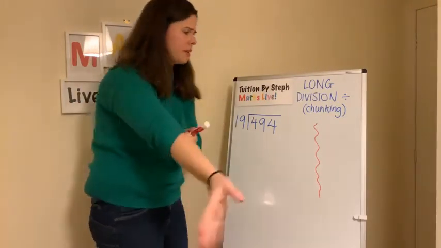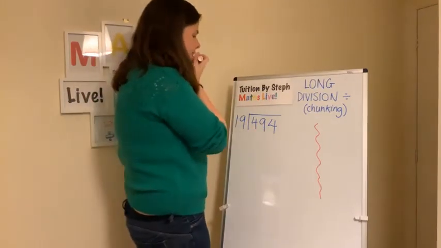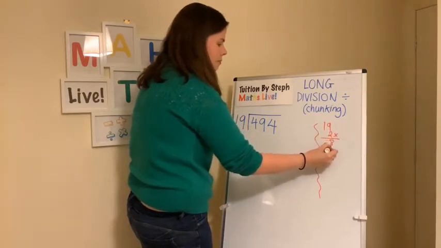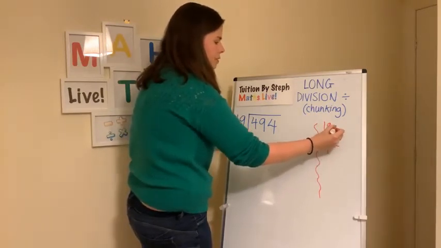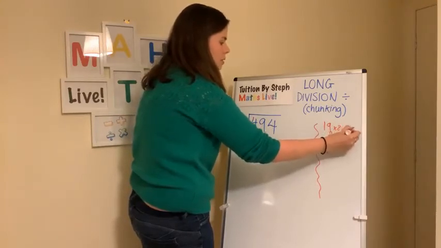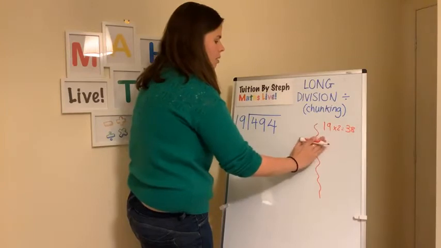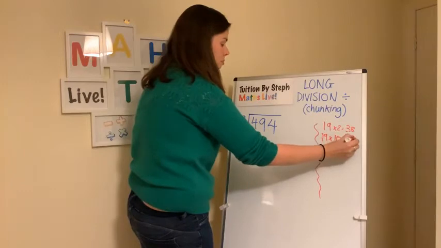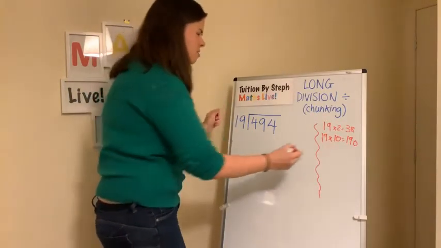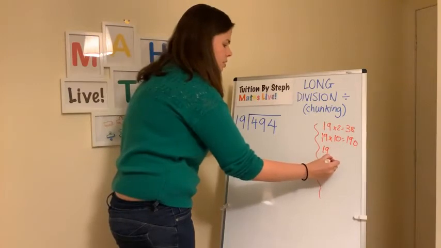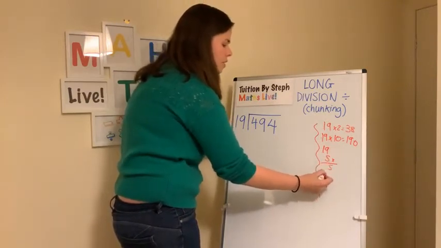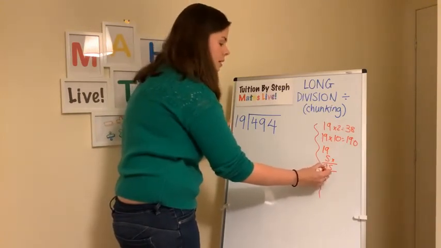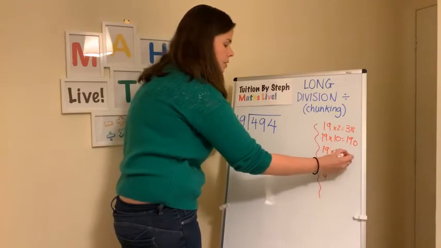Even if you're still working, don't worry. Don't panic. So, 19. 2 lots of 19 to start. 2 9s are 18. 1 2 is 2, 38. So 19 times 2 is 38. That's a good bit to start with. Obviously 19 times 10 is 190. We know 19 times 5. I always like to think of one halfway. 9 5s are 45. 1 5 is 5 plus the 4 is 9. So 19 times 5 is 95.